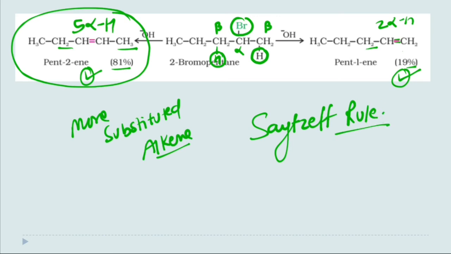Okay, so here the more substituted alkene is formed to a major extent. This is called Saytzeff product or Saytzeff rule. It is similar to Markovnikov, anti-Markovnikov. If the more substituted alkene is formed in major amount, it is called Saytzeff product, and if the less substituted alkene is formed in major amount, it is called Hofmann product. The condition for Hofmann product is not in our syllabus. Okay, so this is an important term, Saytzeff rule.